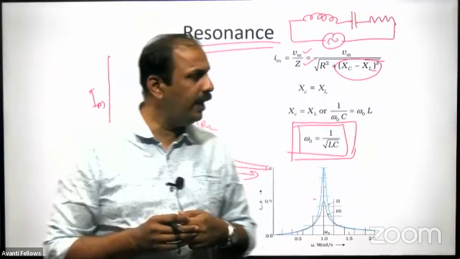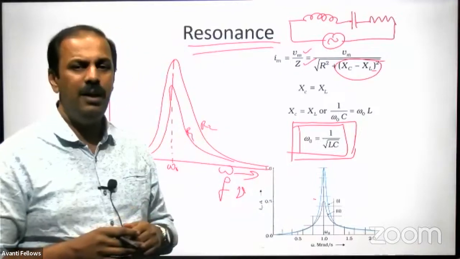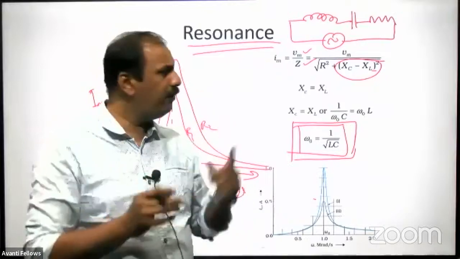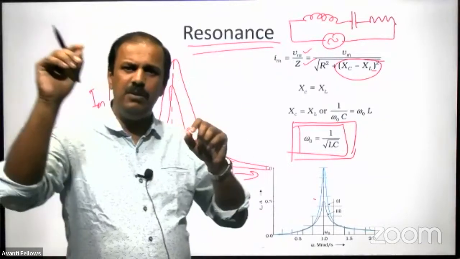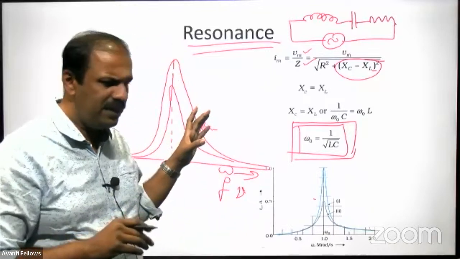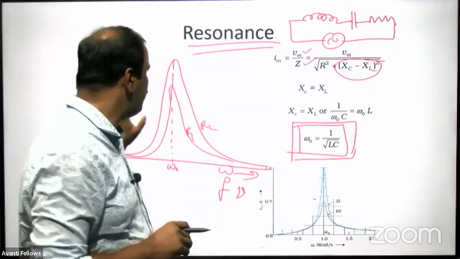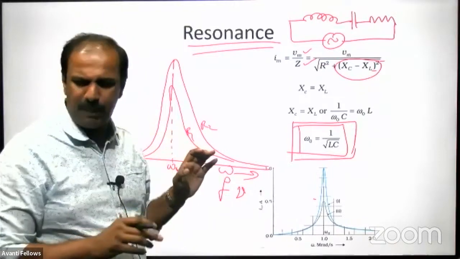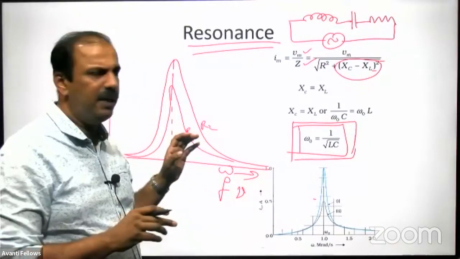So there, this resonance plays an important role. I think you understood that. When the signal is coming, it will have all the frequencies. So we will adjust the value of inductance and capacitance in such a way that